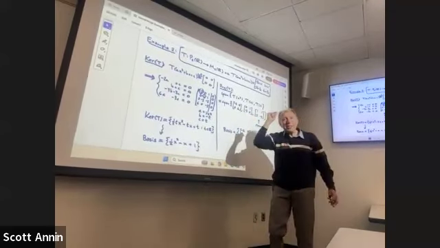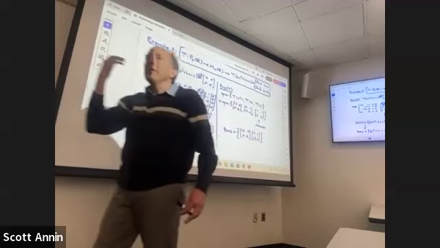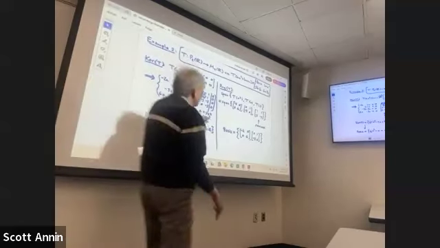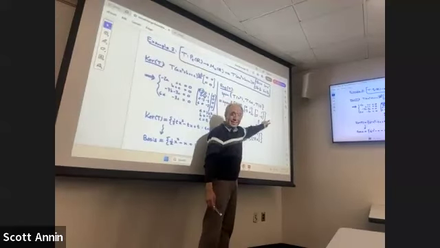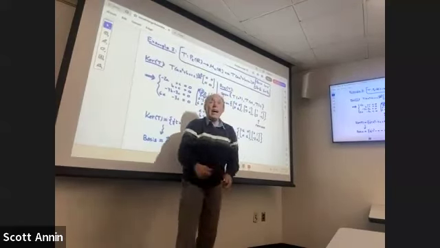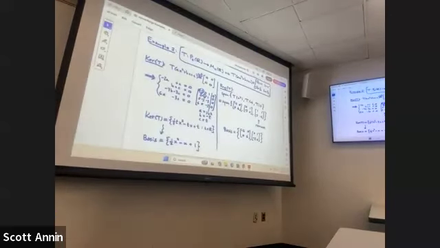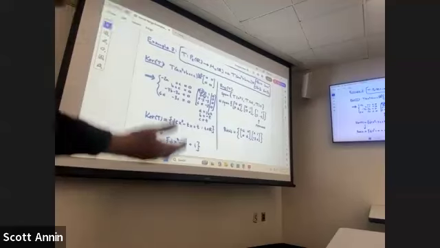But if I want to make sure that it's actually a basis for the range of T, I have to make sure that these vectors are not linearly dependent. And if they are, I have to throw away any vectors that were creating linear dependencies. So this is, again, just totally reviewing from